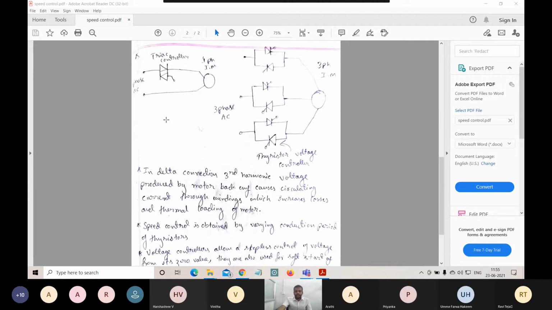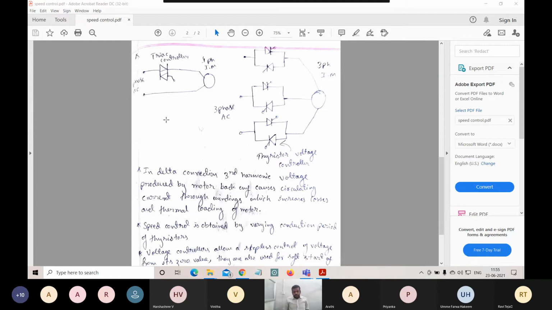In delta connections, if your motor is connected in delta connection, the third harmonic voltage will be produced in the motor back EMF. This causes circulating current through the windings, which increases the losses and thermal loading of the motor. The current flowing into our delta connection will have a presence of harmonics. Harmonic content will be there. Because of this presence of harmonics,